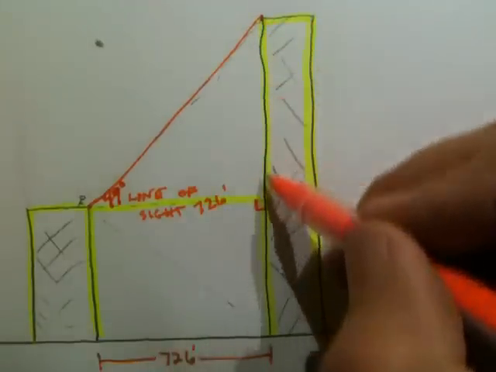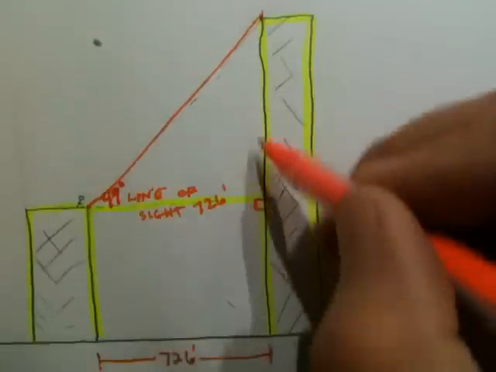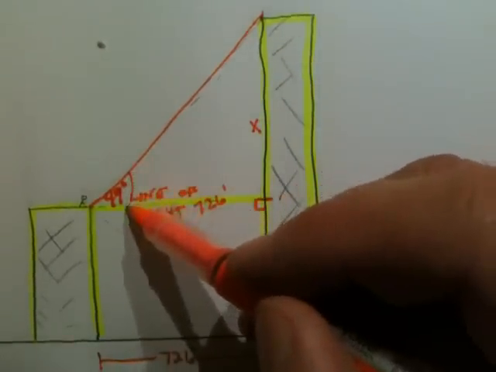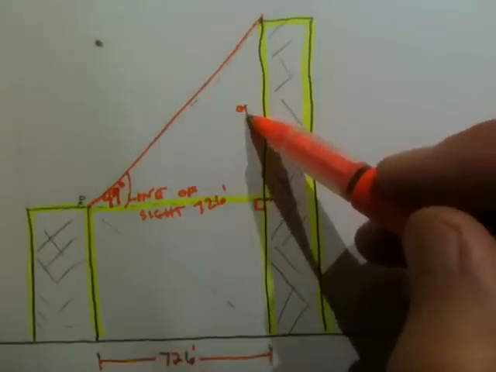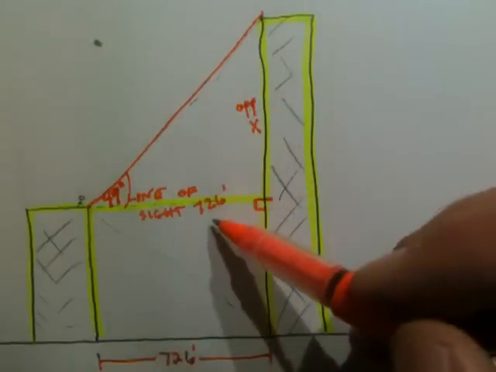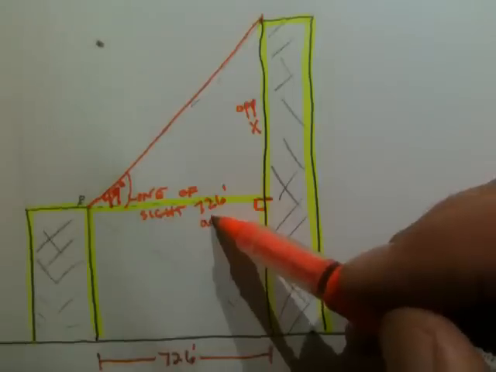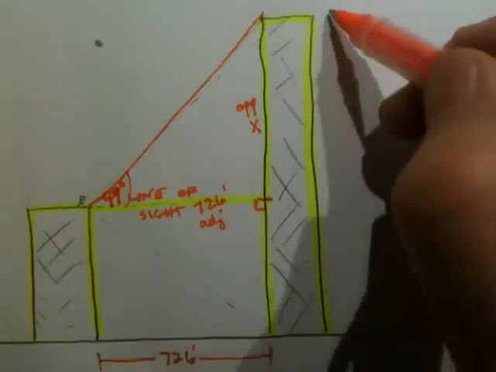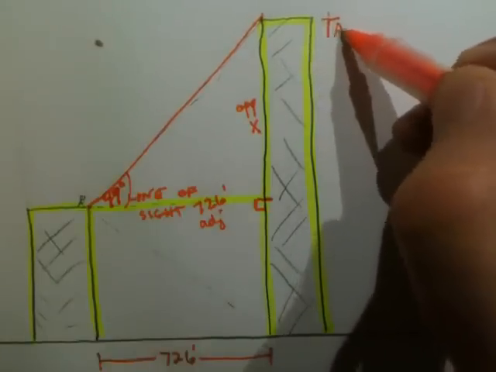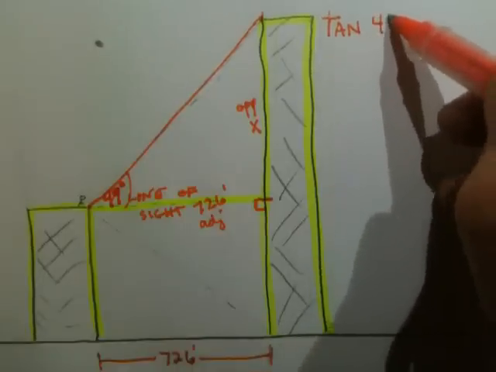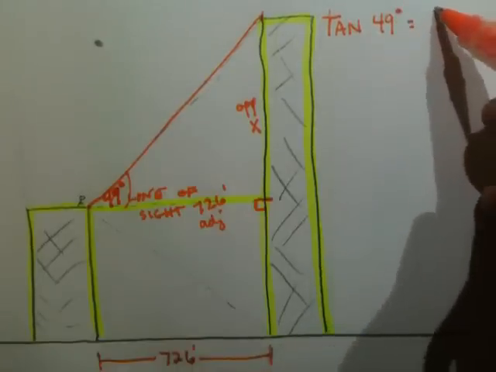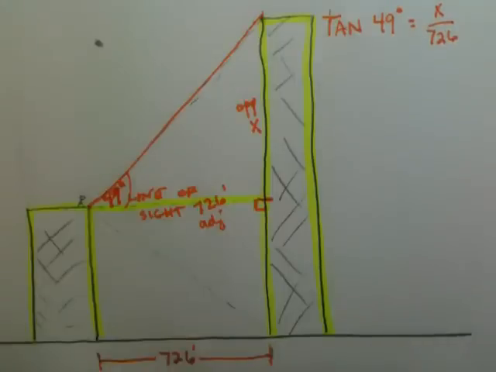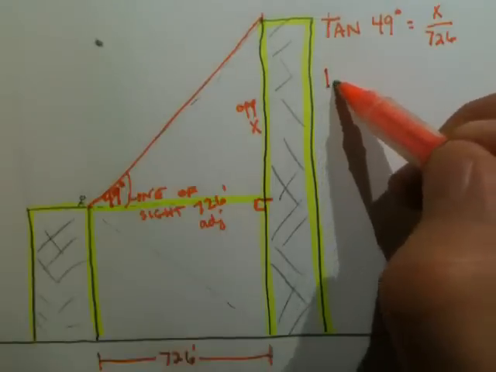If we label just this part of the tall building as X, in relation to the 49 degrees, X is opposite, and the line of sight is adjacent. I would then use the tangent ratio. So the tangent of 49 degrees is going to be equal to X over 726. If I look in the calculator,